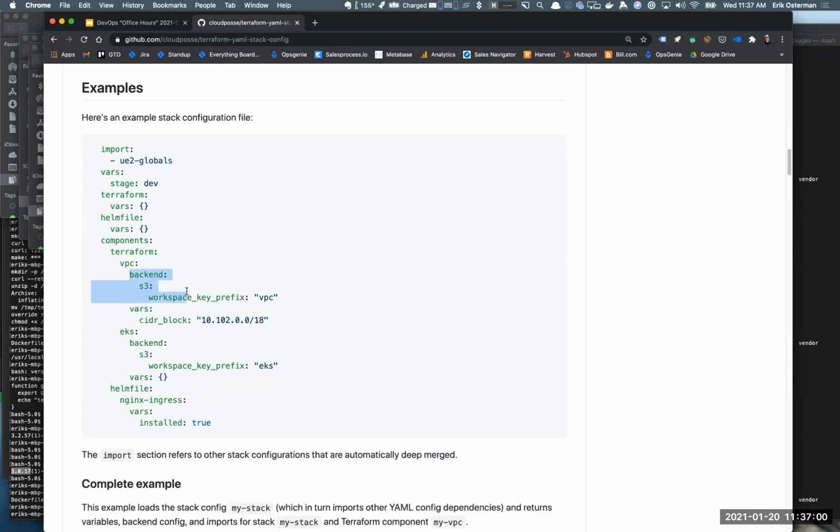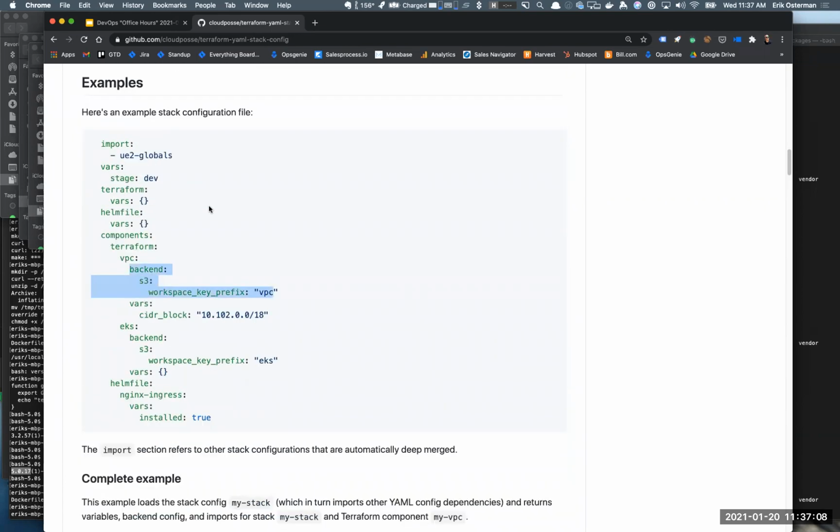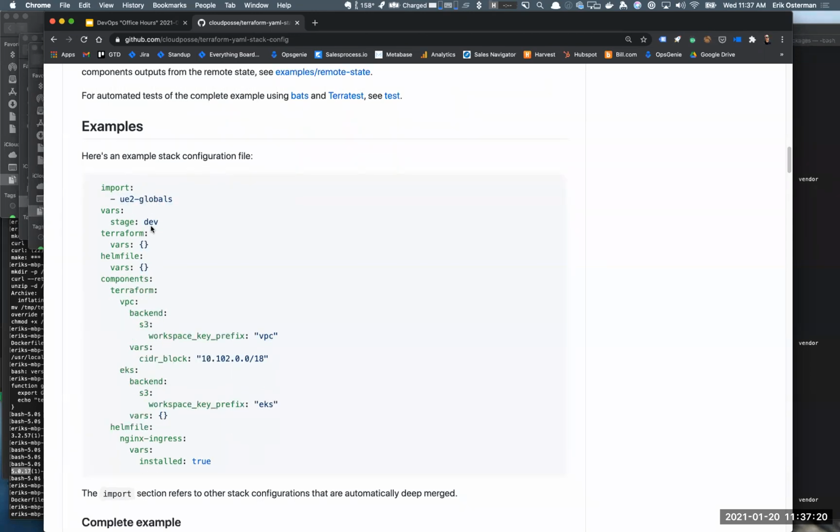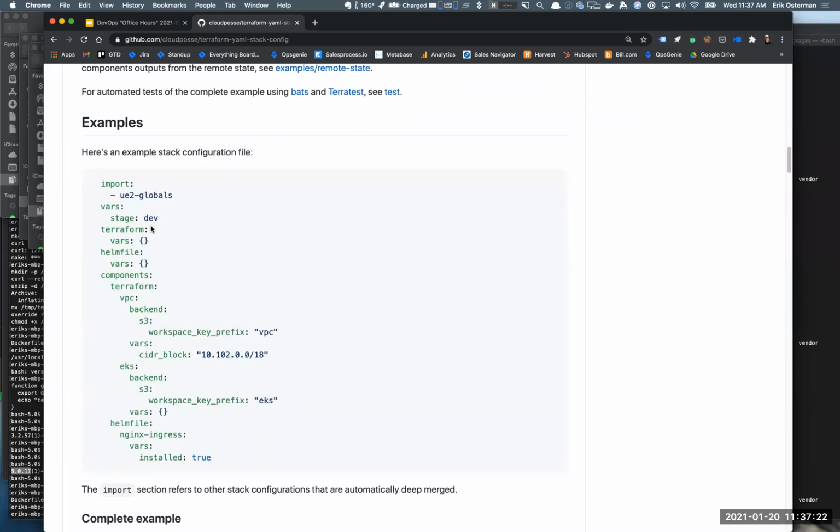We can overwrite individual settings for S3 workspaces, for example. And we can do imports. So we can import configurations from other configurations. So this is going to do a deep merge in Terraform of this other configuration. So what we've done is we've taken the opinionated approach to defining a stack configuration, defined it in Terraform, built